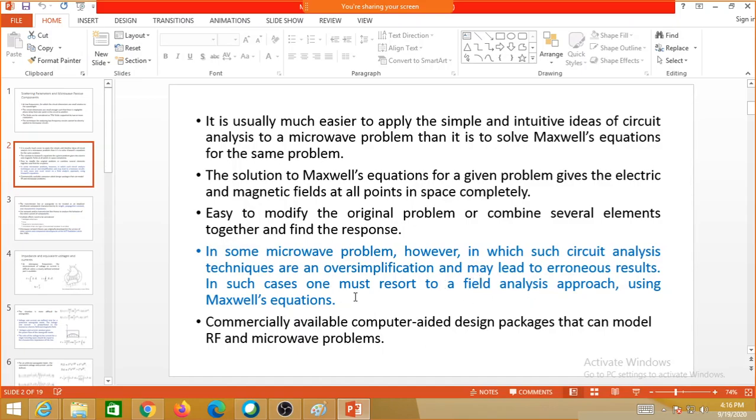Okay, so that is very important, in which problem we need to apply what. Both these Maxwell's equations solutions as well as the voltage and currents will be available in some commercial RF CAD packages or RF CAD tools. For example, your AWR contains both circuit schematic or circuit simulation as well as the EM simulation, that is electromagnetic simulation. You can use both to find the solution either in terms of fields or in terms of voltage and currents. So that's how you have to apply for a particular microwave problem, which is the best solution.